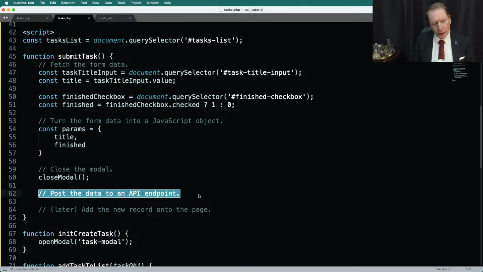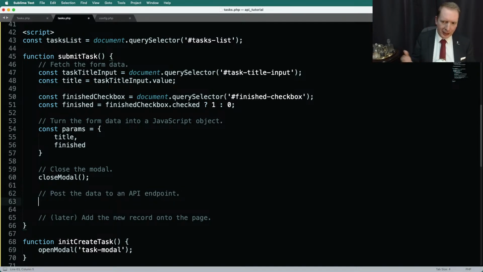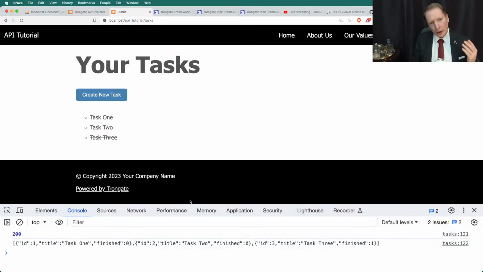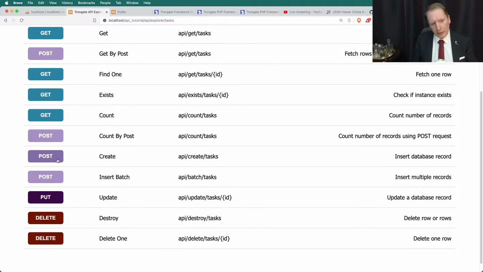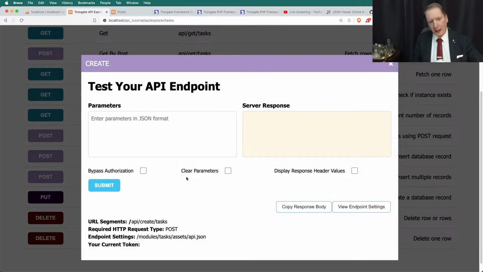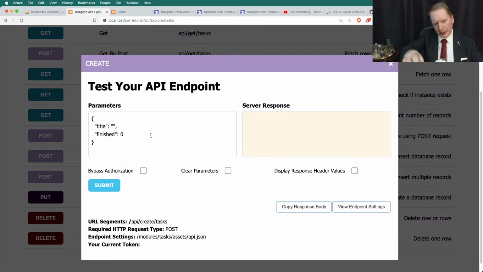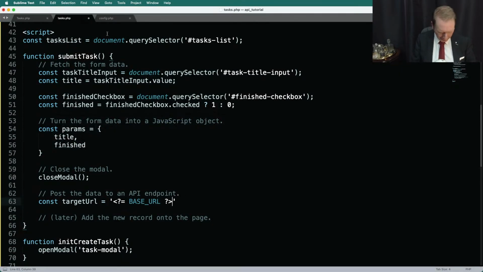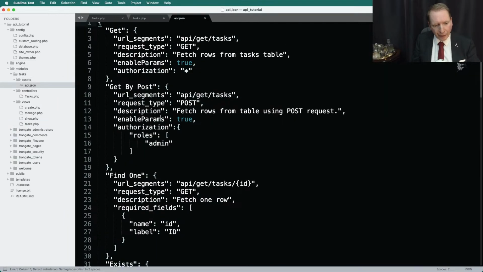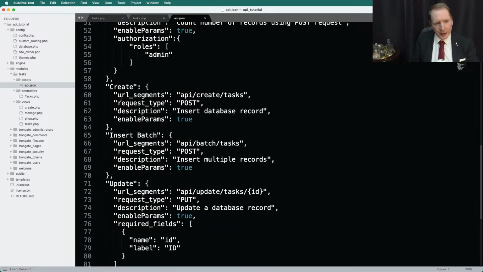So we're now going to post this to an API endpoint. Just like before, we do this by setting up a target URL. So I'm going to say const target URL equals, same as last time, it's base URL. Now for creating a record, have a look at the Explorer here. And you can see that we've got one down here that says create. If we click on this, very helpfully, this pre-populates, gives us a little start out of the blocks. But beware, because if we submit, you'll see that it says endpoint not activated since no authorization rules have been declared. So, if you have a look at the API.json file, find the thing that says create,